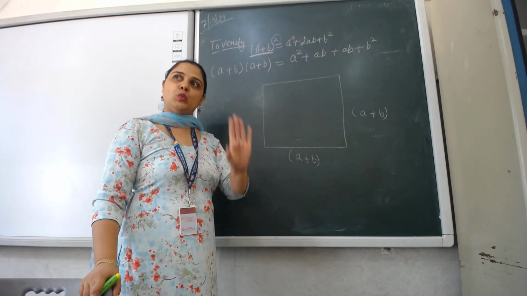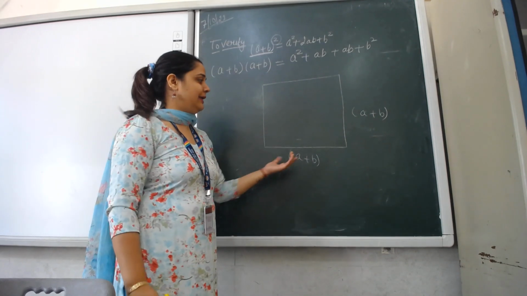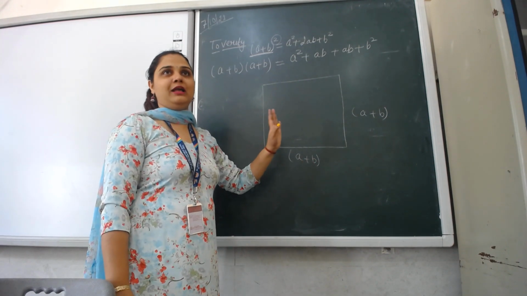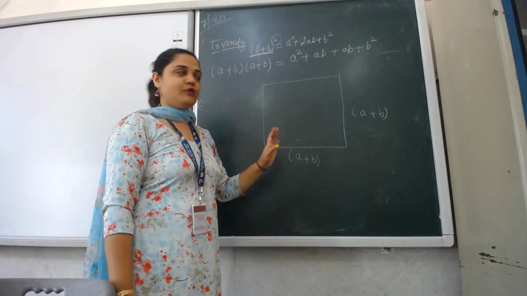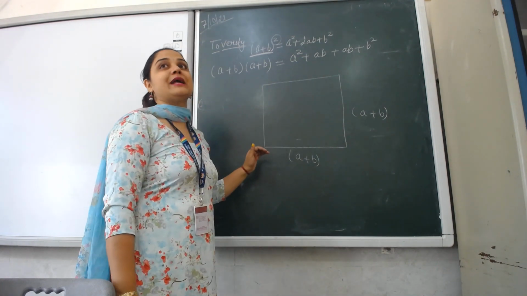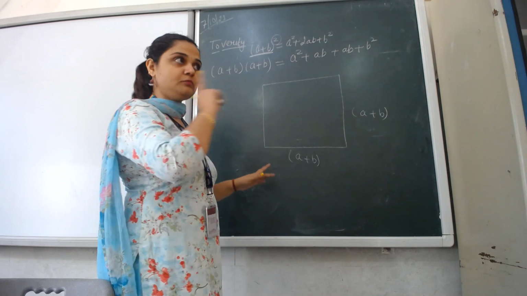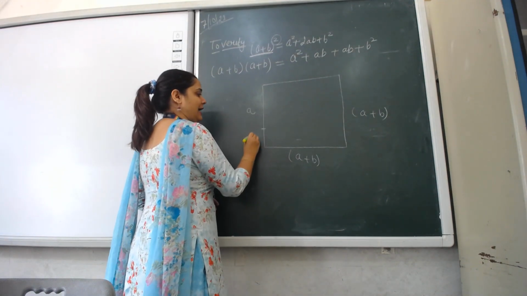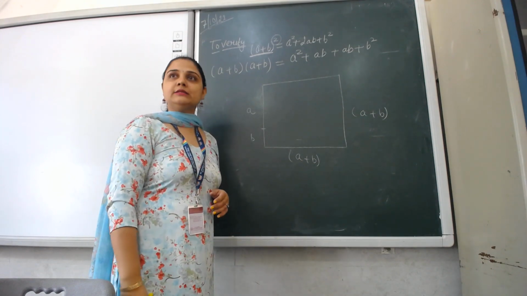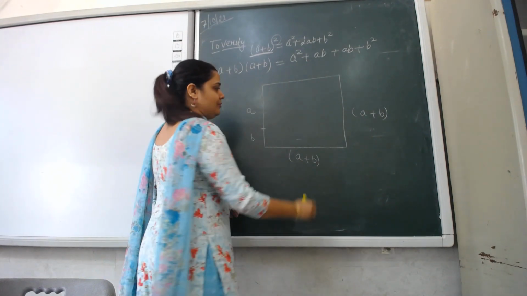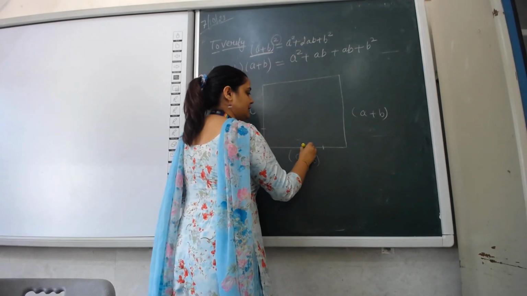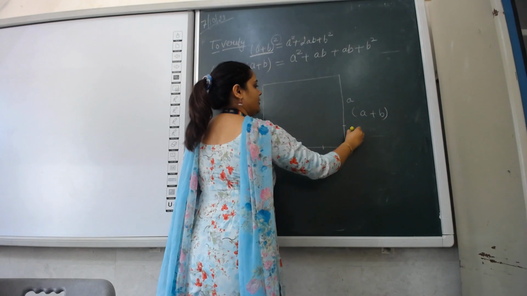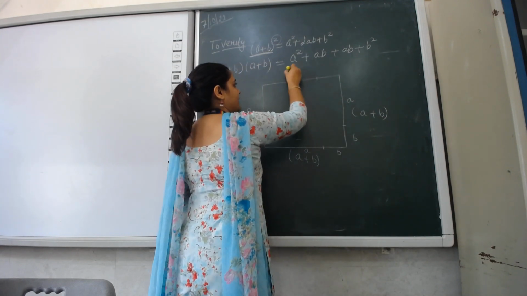For that I will use one origami sheet. Okay? Then since this is a + b, the sum of two numbers, can we identify a and b separately on each side? For example, suppose पूरी origami sheet का जो side है वो 15 सेंटीमीटर है. So I am taking 10 as a and the remaining as b. Can I mark it like this? Alright. Same thing I can do with all other sides also. So this will also be a + b, and this will also be a + b. Right?